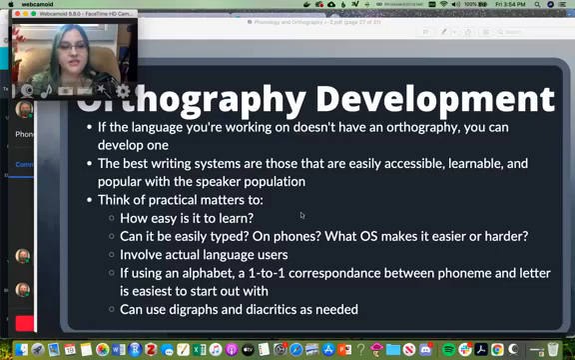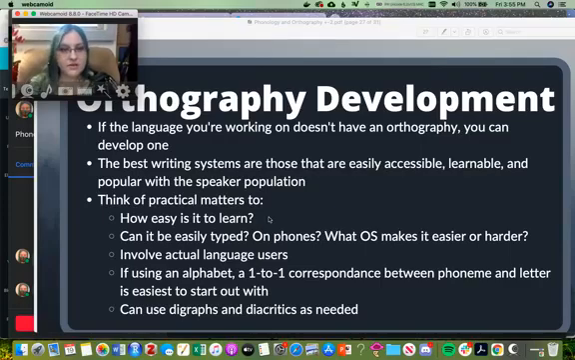Thinking about questions such as, how easy is it to learn for speakers? Can it be easily typed? Is it compatible with technology that people are using? Can you text with it on phones? Is it easier to use in a particular operating system, like computer or another? What makes it easier or harder? It's best to involve actual language users to see what is going to actually work from a practical standpoint in